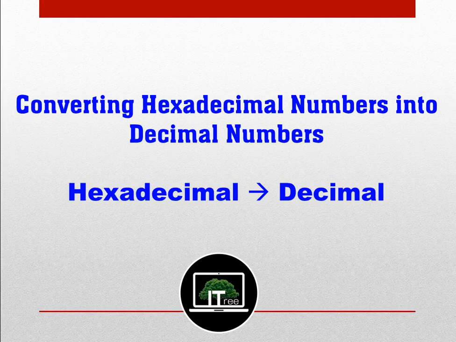Now we are going to convert hexadecimal numbers into decimal. This hexadecimal is very different, very special. As you know, there should be 16 different symbols. The symbols will be 0, 1, 2, 3, 4, 5, 6, 7, 8, 9. Then you get A for 10, B for 11, C, D, E and F for 15. This has to be known. So you have 6 different letters from A to F to represent 10 to 15.